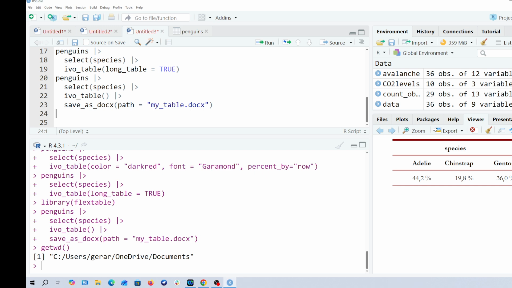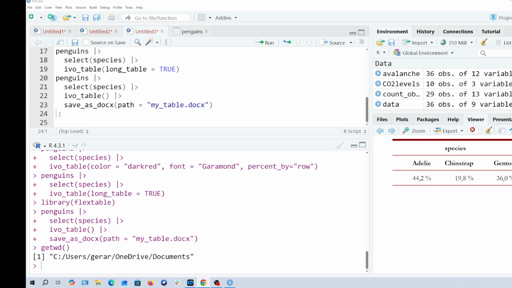So that is one way, if we are just doing a frequency table. Now we will have cases where we have contingency tables. Contingency tables are also known as cross tabulations or cross tables, used to summarize the relationship between two or more variables. If you have two or more variables, especially categorical ones, and want to look at their relationships, you can use contingency tables, which for the penguin data, for example, would be species and